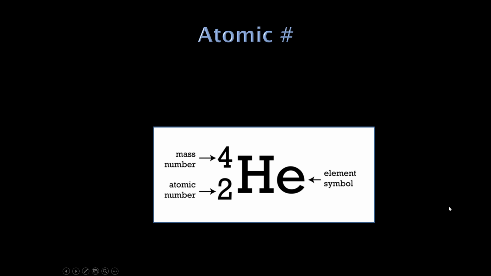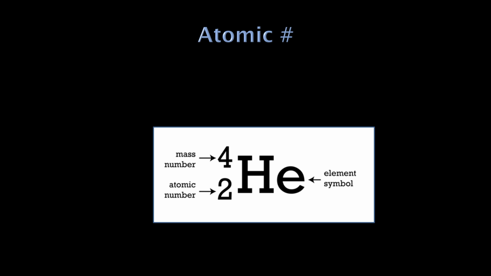Define the atomic number. The atomic number is defined as the number of protons an element is going to have. You can look up an atomic number and find out what element that is on the periodic table. For example, this is helium. Helium always has an atomic number of 2, which means every helium atom on the planet has 2 protons that